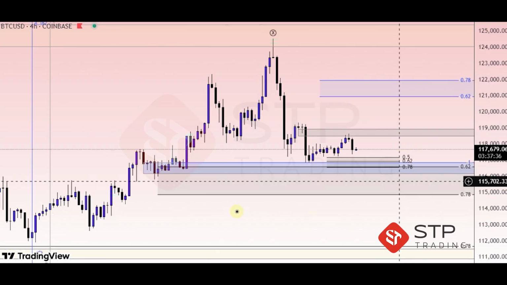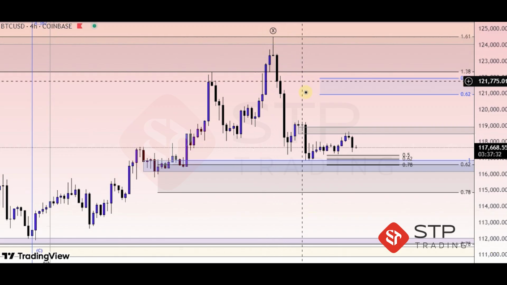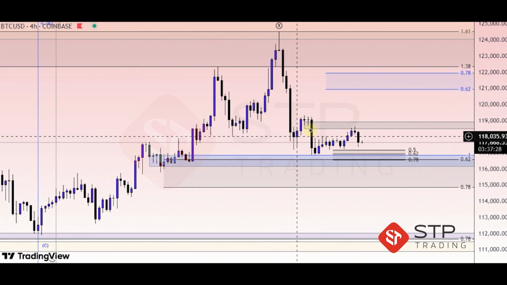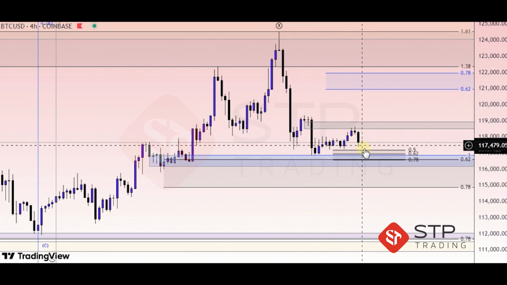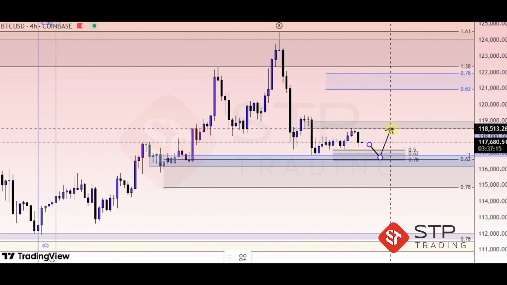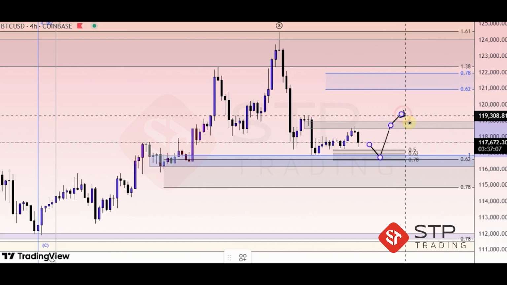On the Bitcoin chart, given the bullish trend and the reactions around the 161.8 level, we have observed price reactions here. In this area of the chart, there is a possibility of forming a triangle pattern. By holding the 78% level, the corrective trend may continue, and within this range, the probable scenario would be a trend reversal and the start of a bullish move, provided that the price manages to break above the resistance zone